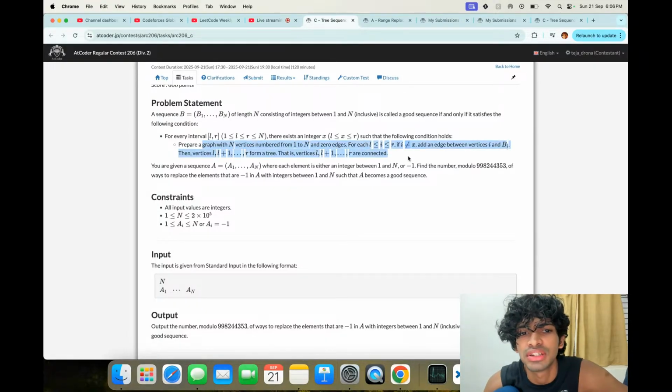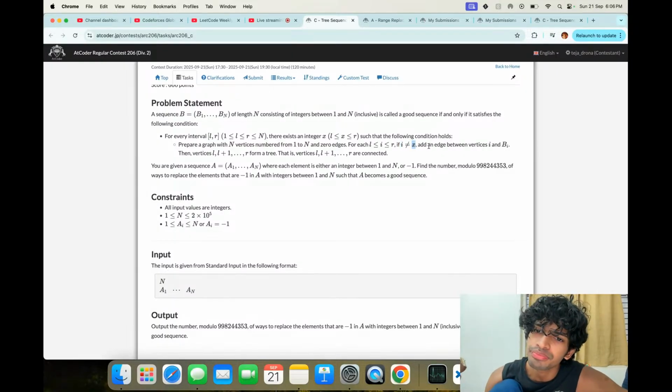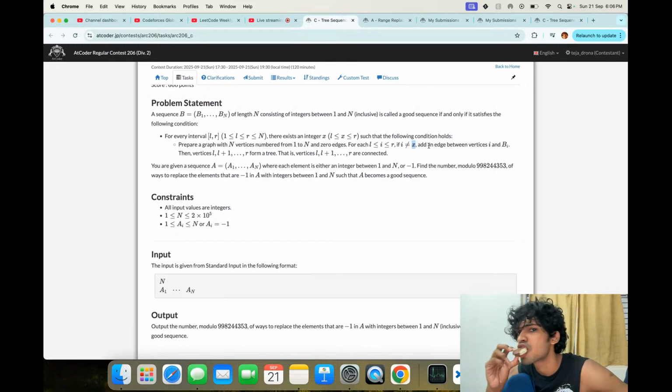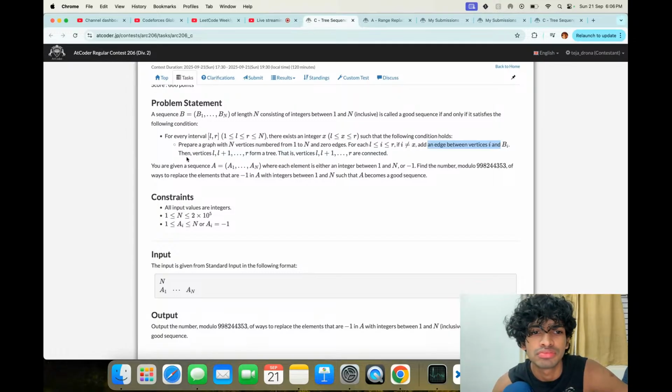For each I in this range, I not equal to x, add an edge between vertices I and bi. Then the vertices L up to so on R plus 1 form a tree.